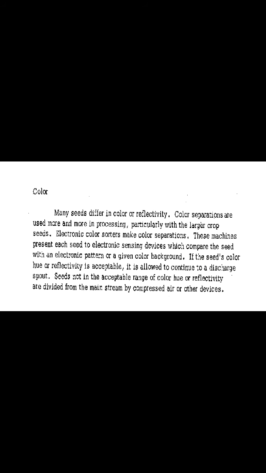Then color. This is also an important property of the seed. Generally, many seeds differ in color or reflectivity. Color separations are used more and more in processing, particularly with the large crop seeds. Electronic color sorters make color separations. These machines present a seed to an electronic sensing device which compares the seed with an electronic pattern or given color background. If the seed's color, hue or reflectivity is acceptable, it is allowed to continue to the discharge spot. Seeds not in the acceptable range of color, hue or reflectivity are diverted from the mainstream by compressed air or